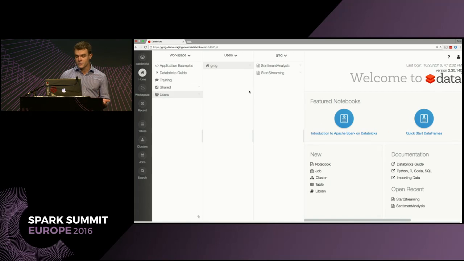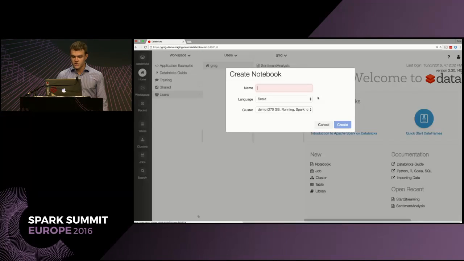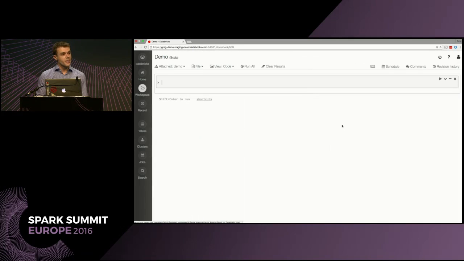So here I'm going to go to my home directory. And you can see that I've already got some sample notebooks here that we're going to use as helper notebooks in this demo. I'm going to create this notebook. Let's call it demo. And you can see that I've already attached it to this running cluster. We're going to be using Scala for this. And we're going to create it. All right, so